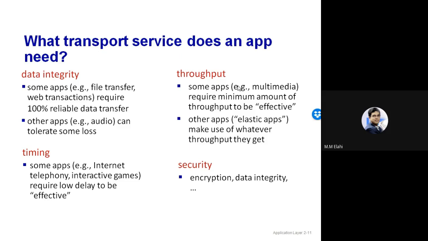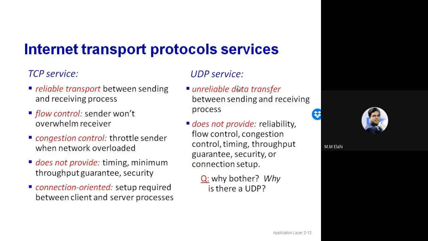And last point is security, encryption or data integrity. Application must decide whether or not it needs security. For example, you know HTTP versus HTTPS. Both are used for web browsing, but HTTPS is secured HTTP, whereas HTTP is default HTTP. It will work, but it will give no security. So any application layer must think about these 4 points to decide what type of service it will take from the transport layer.